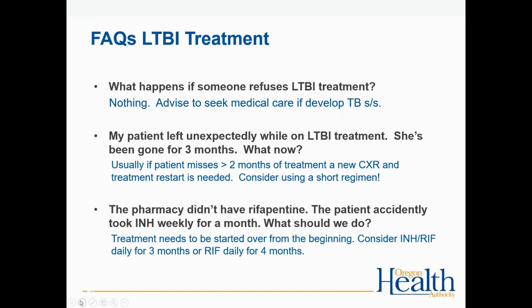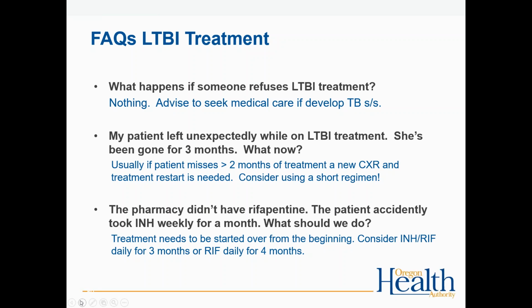I mean, I don't know how rifapentine alone works once a week. It certainly works better when the INH is there. So, whether you could give them credit for a month using one of the drugs alone, I don't think you really can. It's not the same kind of credit. This person took INH, I guess, for a month, but only weekly. I don't know how to give any credit for that.